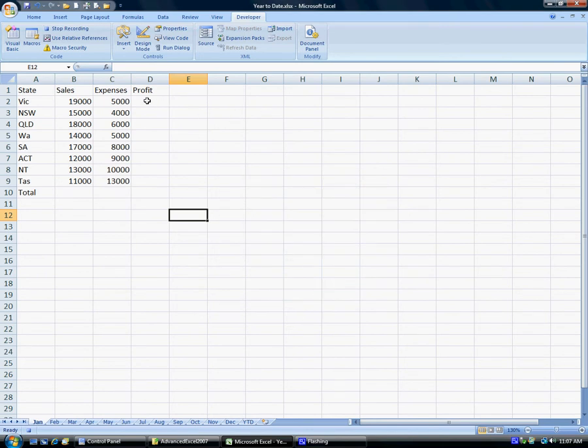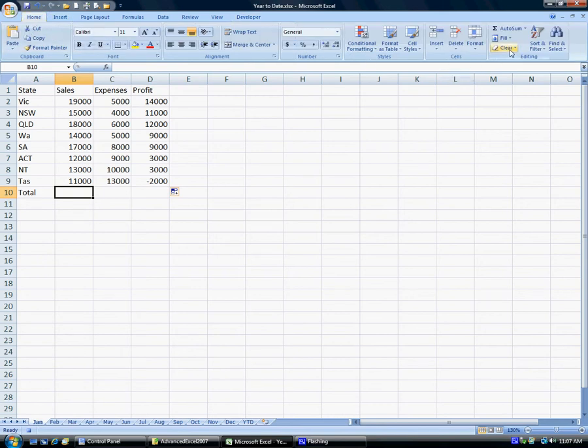Make our way to cell D2, and here we need to write a formula to calculate the profit. This cell is going to equal B2 minus C2. An answer of 14,000 for my data, and fill that down to row 9. In cell B10 we need to calculate the total sales for the month, hitting the auto sum button up here on the toolbar and then filling it across,